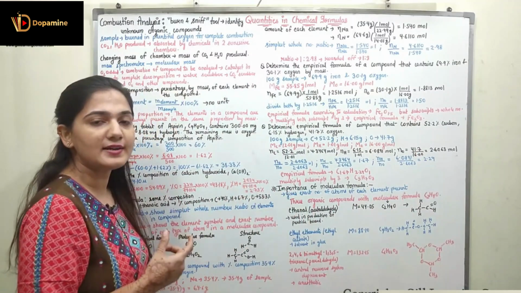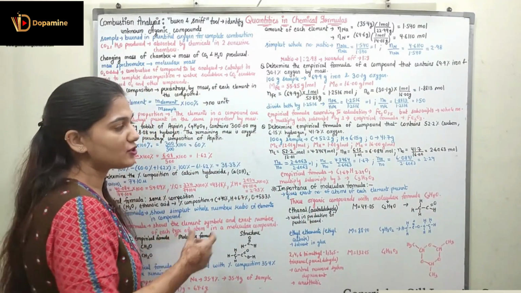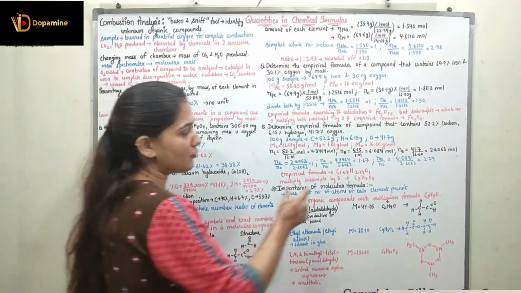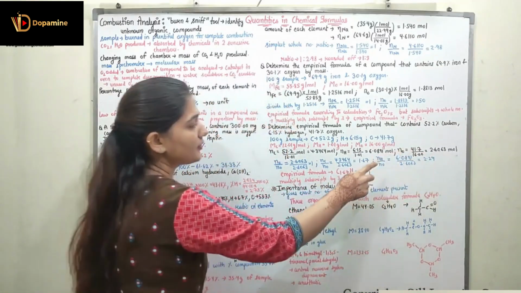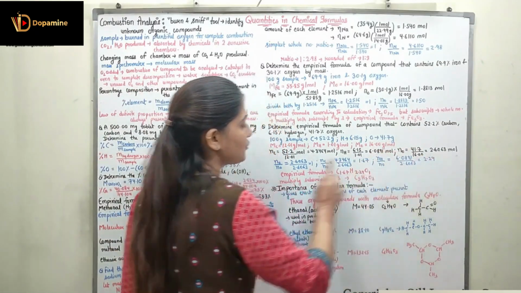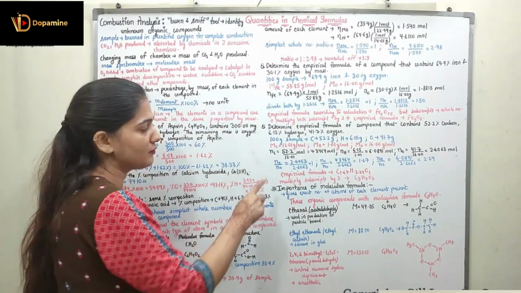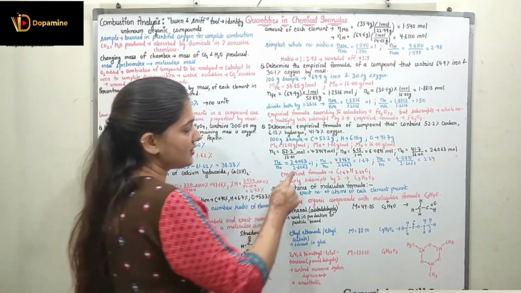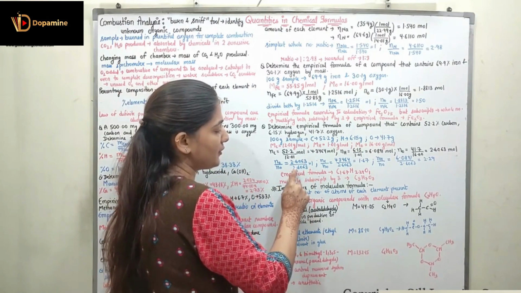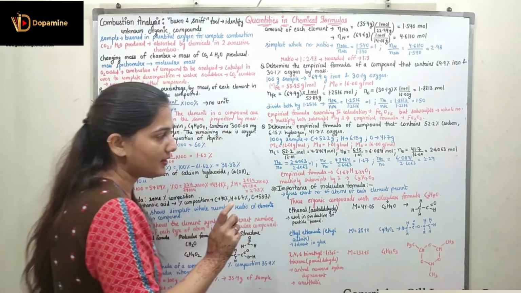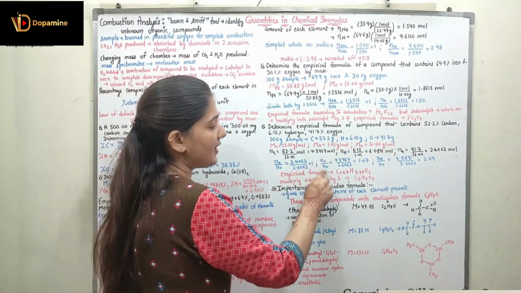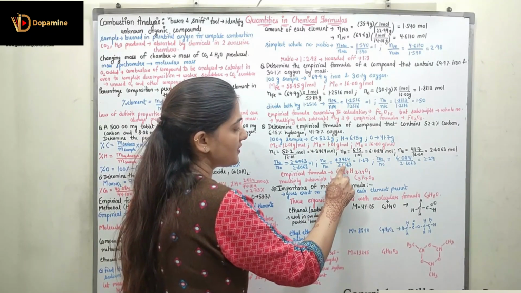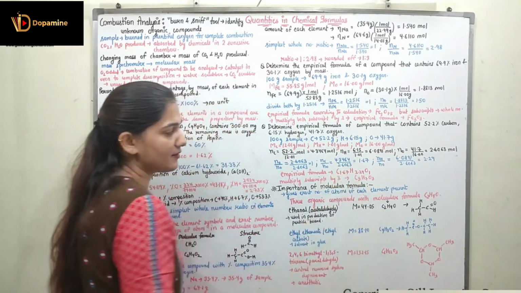Now we have to find the simplest whole number ratio. For that, we are going to divide all three amounts by the smallest amount. The smallest amount among them is the number of moles of oxygen, so we divide all of them by it. Oxygen: 2.6063 divided by 2.6063 gives 1. Carbon: 4.3464 divided by 2.6063 gives 1.67.